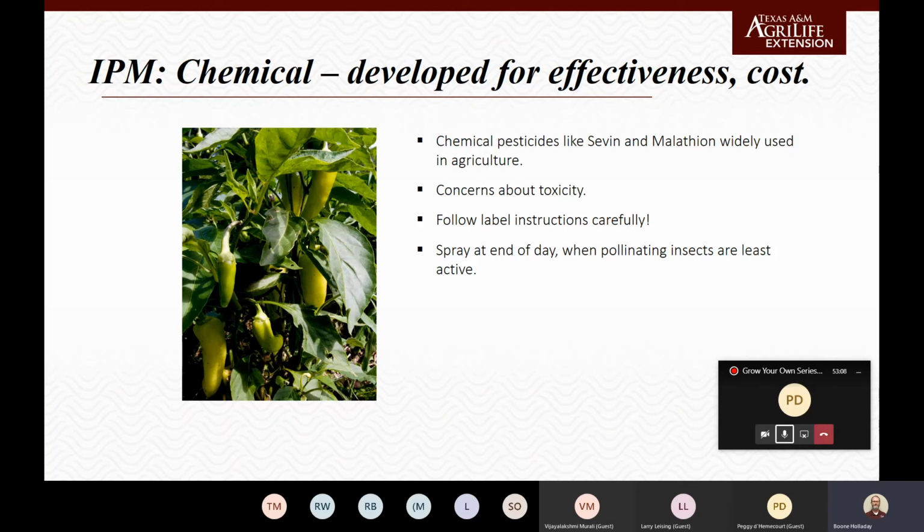Okay, so if we've tried everything else and we're still having a significant pest problem, we want to use a chemical pesticide, like malathion. There's a whole list of others that are safe in the garden to use. They will really knock those pest populations back. They give us some residual in the garden,